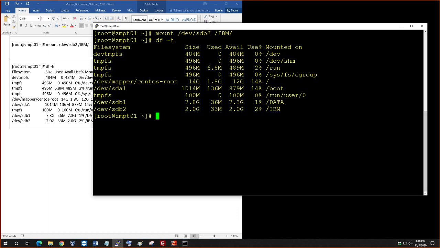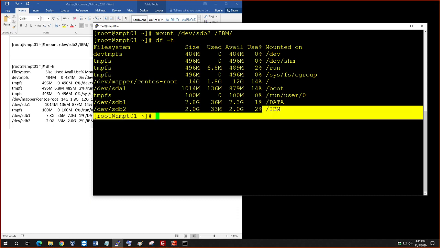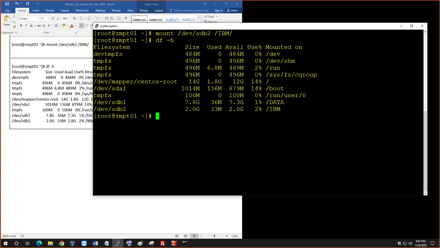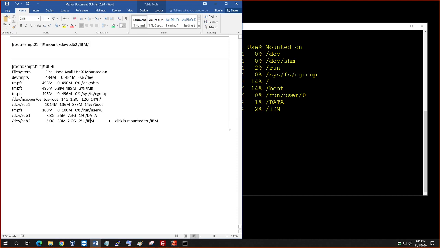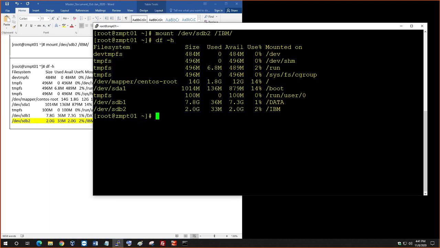Okay, now, this is not going to survive the reboot. When I reboot, IBM will not be automatically mounted. So what is the solution? You have to add it to the fstab. Very good. So I go to